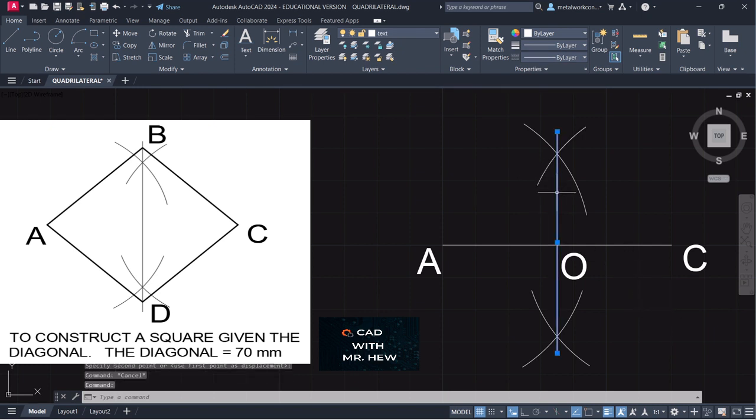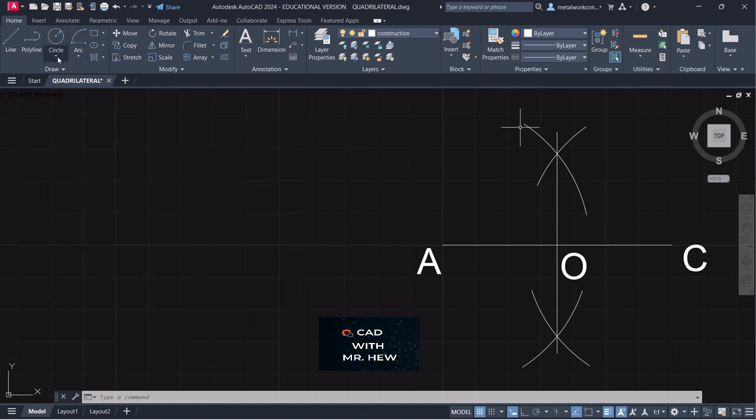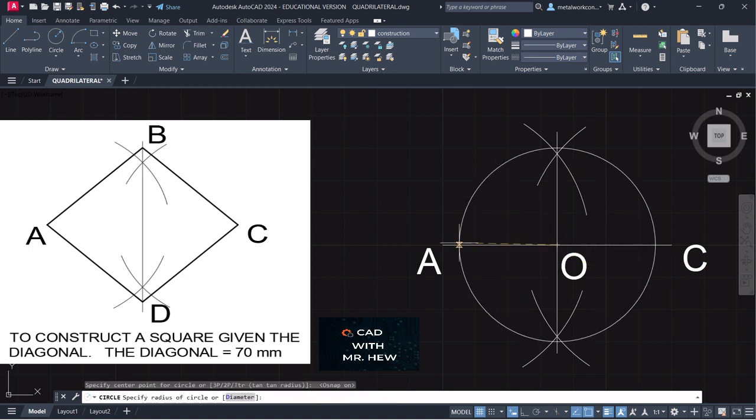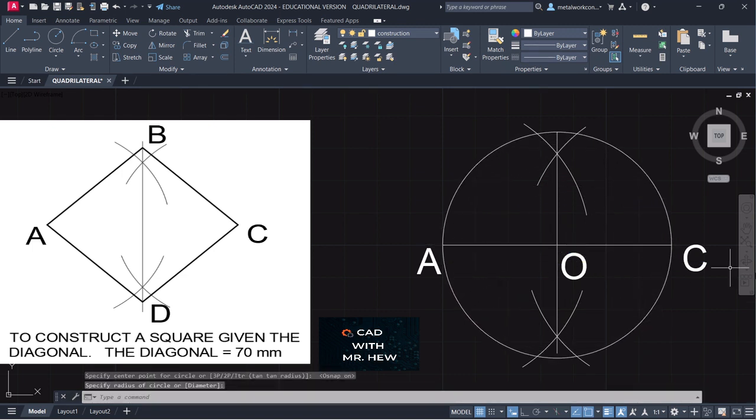Now, where the perpendicular, which is this line, intersects the line AC, right? That is the point O, and the circle drawn from O, radius OA, that would be the radius for the circle. So we can actually go now, circle, and we need to turn on object snap. So center, to pick up the center, the radius will be at A, right? Now,